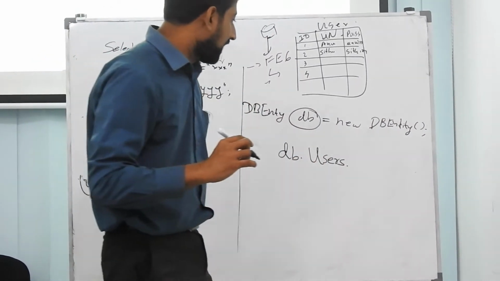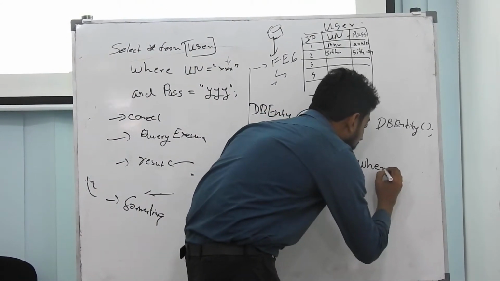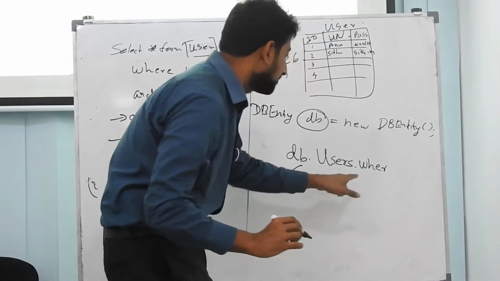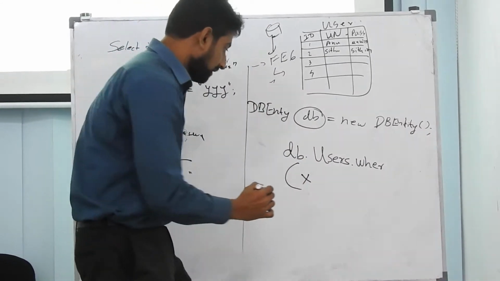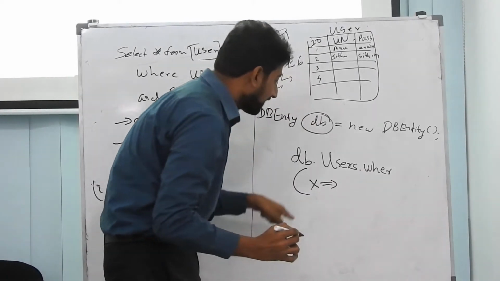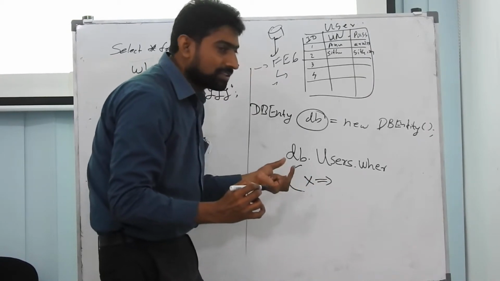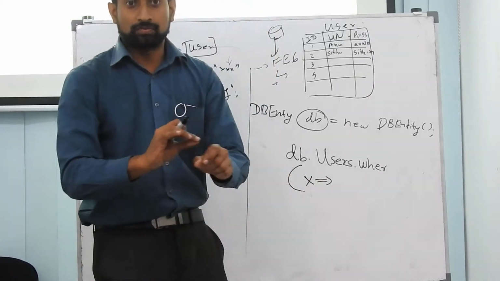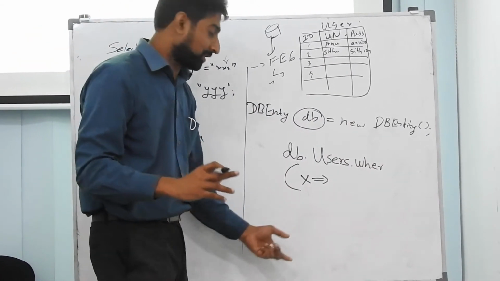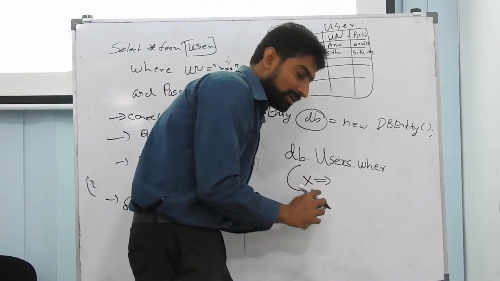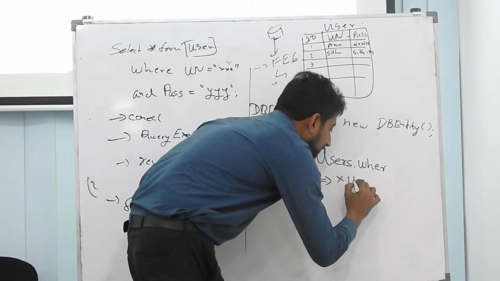When you say dot and say what you are looking for, you mean you are looking for the user. When we are selecting a user as an X, the lambda expression says this X means each user. You can put any variable name, either I or A, that's fine, but I just put X at the moment. The X, each element, X dot UN